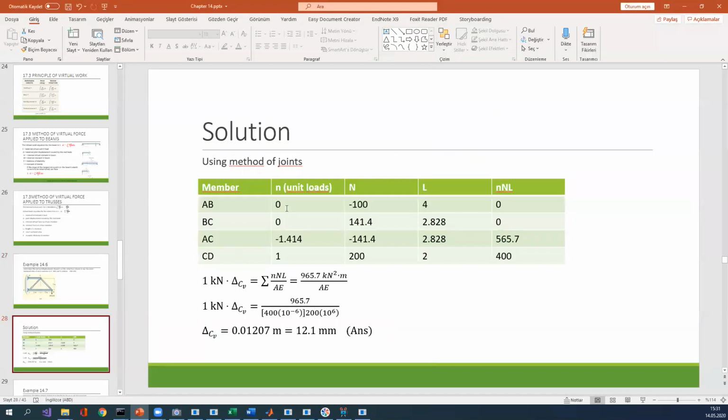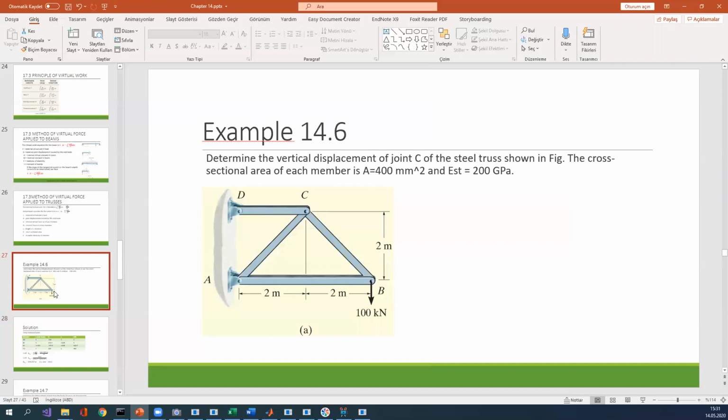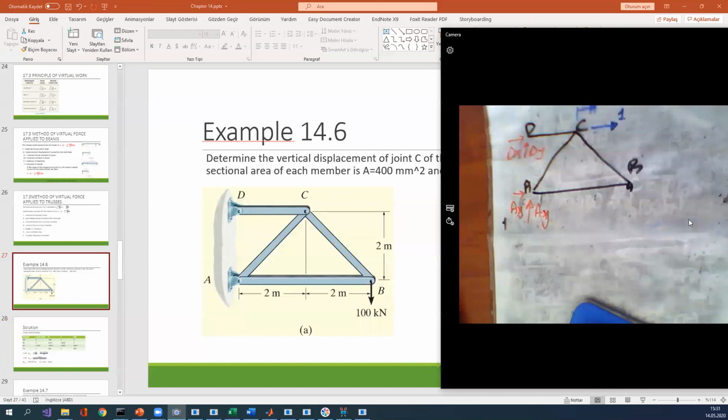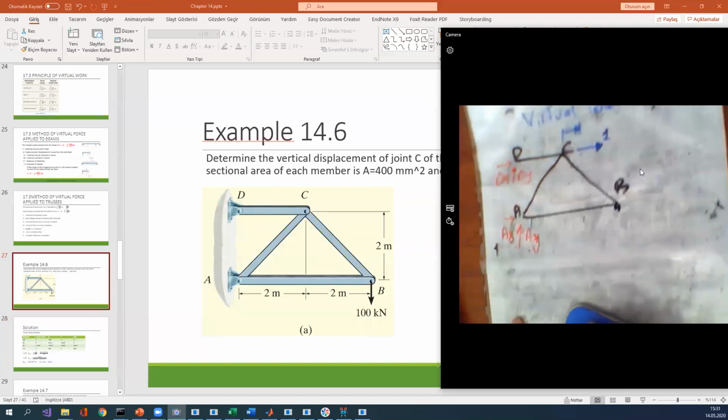You can see 0, 0, I'm not sure AC is not minus 1.441. Just let me check if I made a mistake or not. I'm terribly sorry. Actually, I recognize that the force is not horizontal, it's vertical. Therefore,